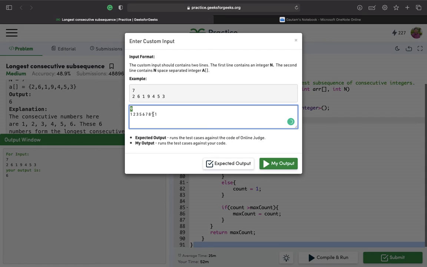So I've taken an array of size 9, and I have more than one subsequence over here. So this is one subsequence, this is another subsequence, right? So there are two consecutive subsequences, but we need to find the largest of them. This is what max count does. We'll initially start from here, and max count value will be 3 till now. Now if we reach over here, we find that there is no predecessor, so we initialize count with 1 again, and again we keep on checking. If count is greater than max count, we put the count value into max count.